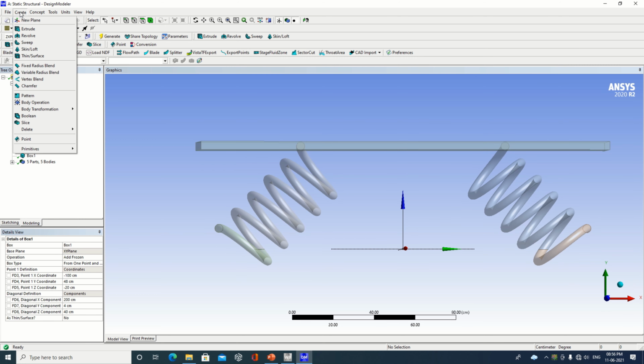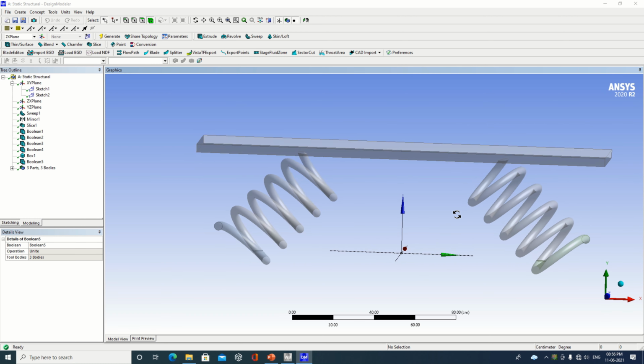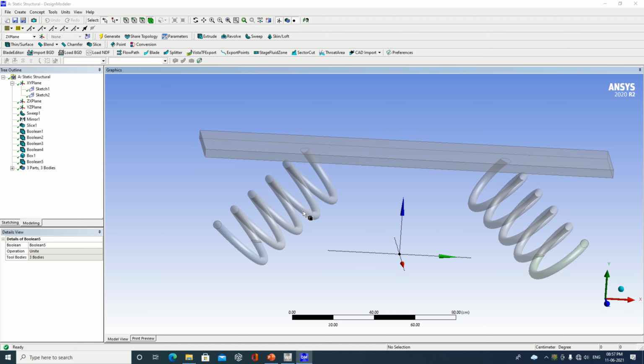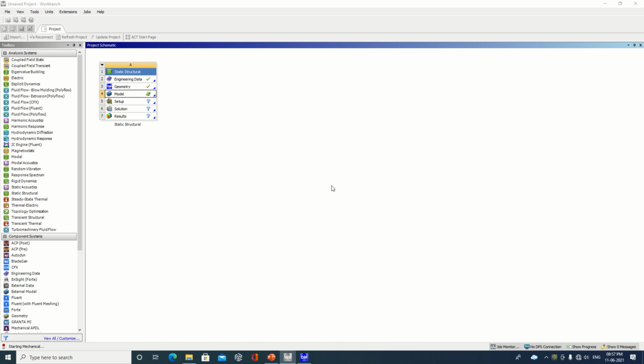So now you have to go for one more Boolean operation. Select this and this and this, make it unite and make it generate. So now this object has been generated with respect to each other. Now we have to proceed for the next part. So go for next one.